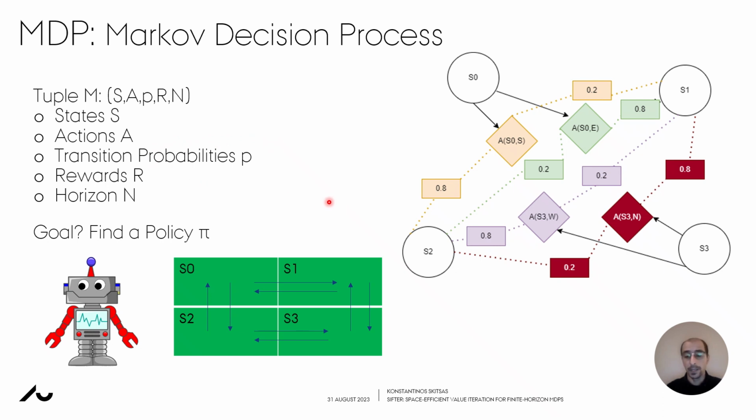As the environment is probabilistic, the agent tries to perform an action. In this scenario, from S0, it wants to go east, but with 0.8 probability will end up in S1. It can end up in S2, a state that it didn't intend to go to. The reward is the feedback, how good an action is. The horizon N is the limited number of steps, actions let's say, that the agent can take. And the goal is to find a policy P, that's a set of actions, that maximizes the cumulative rewards over